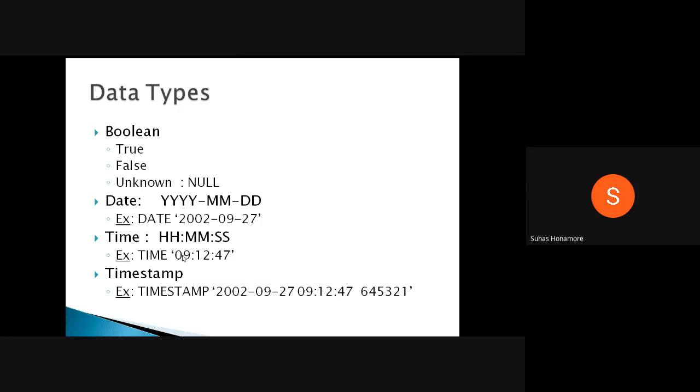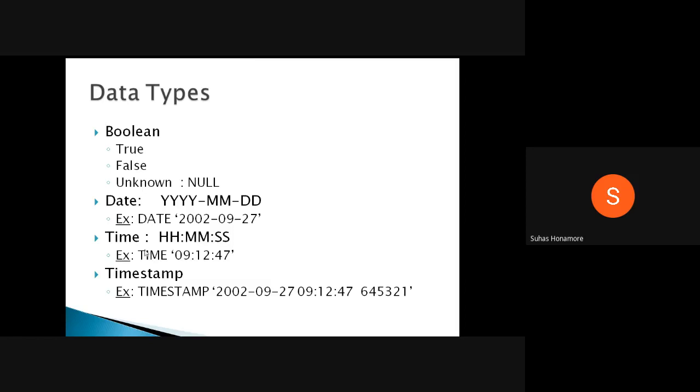In single quotes we give the format: 2 digits of hour, 2 digits of minutes, 2 digits of seconds. So the TIME keyword is followed by the value in single quotes.